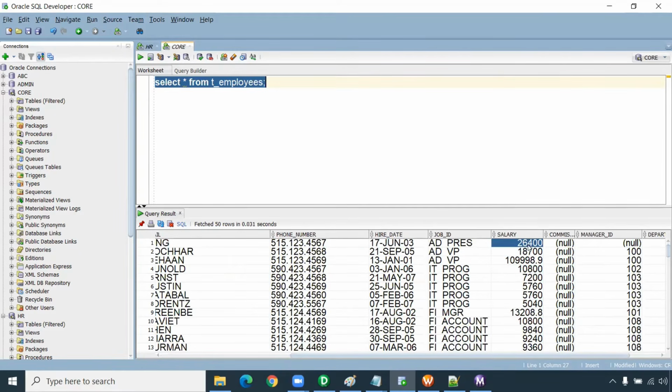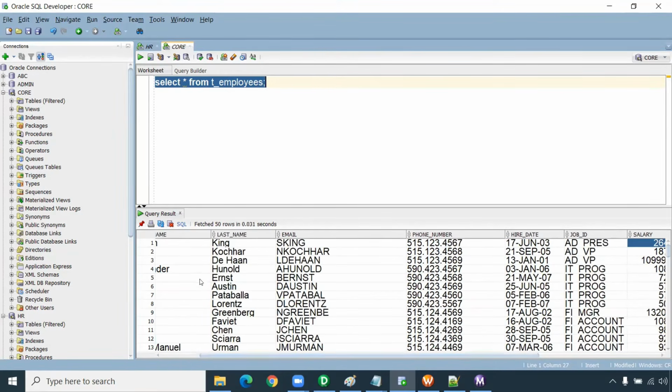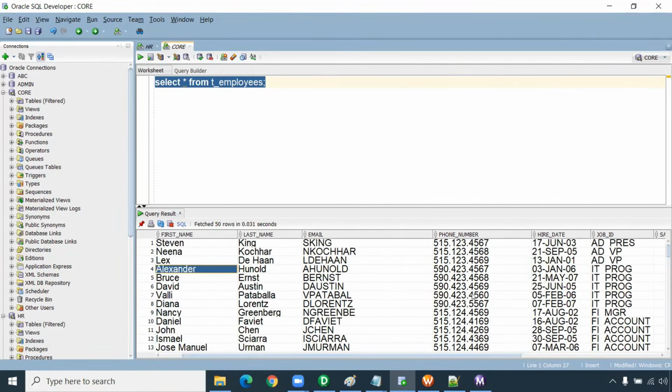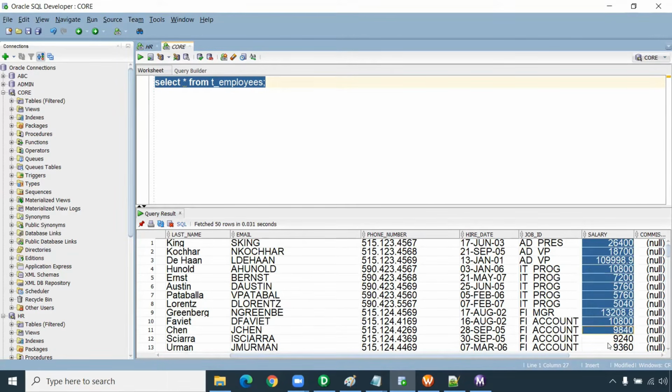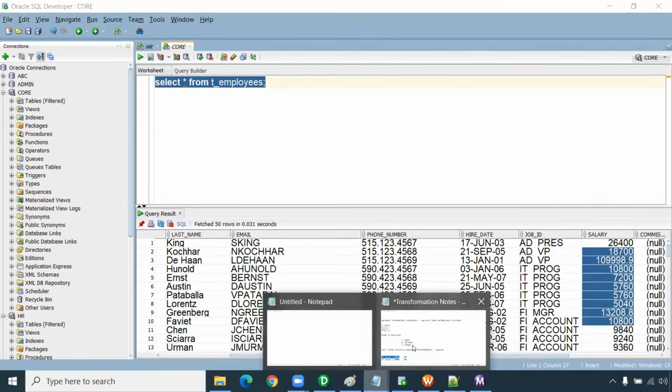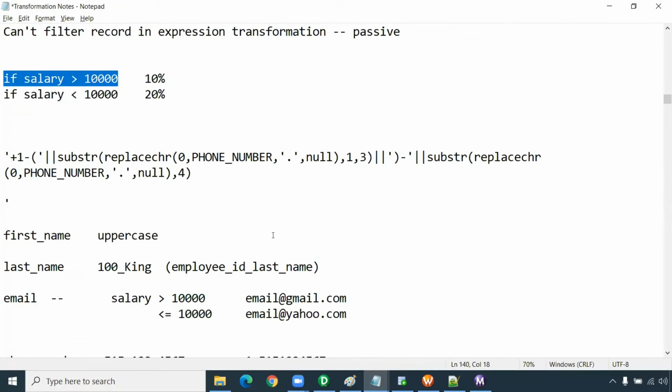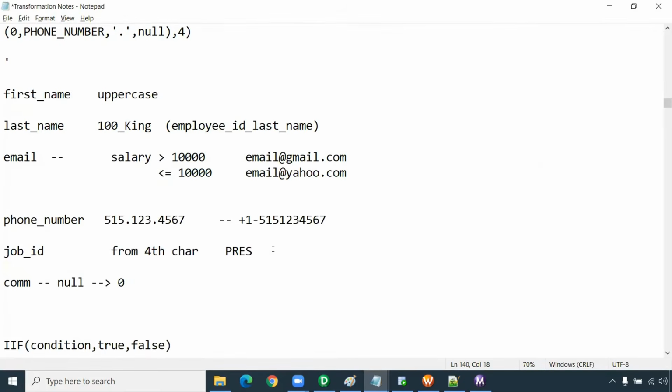Stephen has a salary of 26,400, and Alexander has a salary with 20% incremented, 10,800. You can check that for all the records. It will be loaded with all the records. So this is one simple logic we have applied, like an if condition. Okay, we do have many other logics. We will see them one by one.